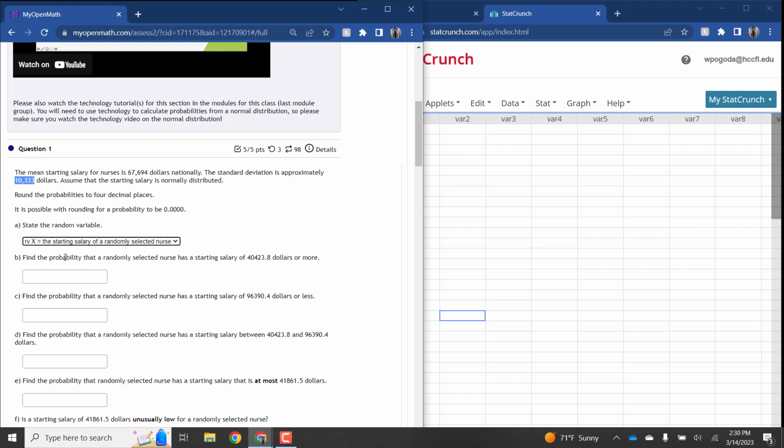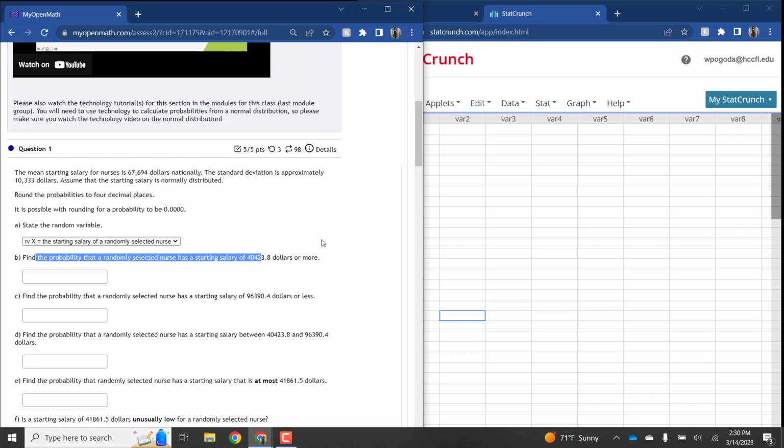All right. First question is, find the probability that a randomly selected nurse has a salary of $40,423.8 or more. Quick note here that if a question says find the probability something is greater than this number or greater than or equal to this number, when you're dealing with the normal distribution, that is the same thing. Greater than and greater than or equal to are going to give you the same result, so don't worry about that too much. So we want to find the probability that x is greater than